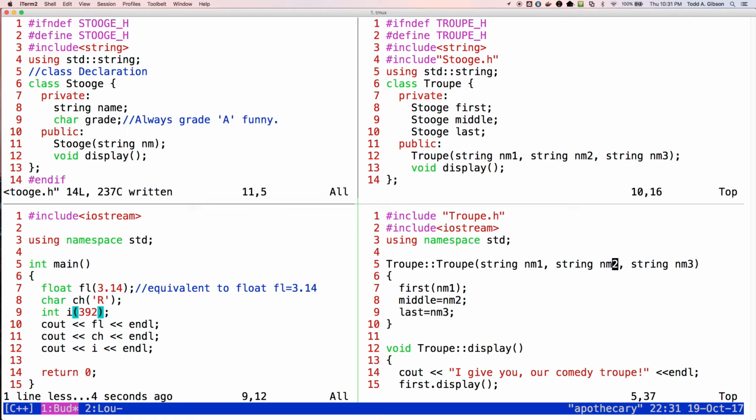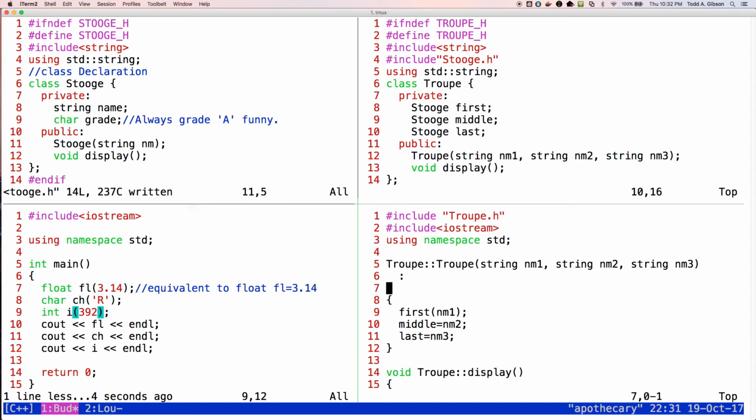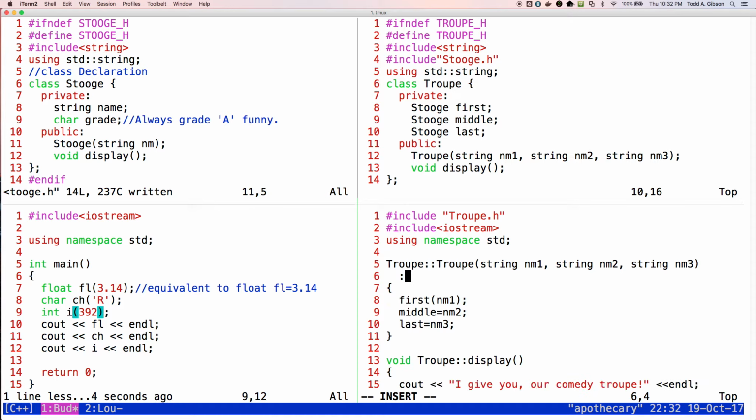And that is the purpose of an initialization list. It is to provide an initial value to a variable as it is being created. And which variables? Specifically the private variables of the class, so these three. So the syntax is you put, after this closing parenthesis and before this open curly brace, a colon. Now just list out the private data. Looking up in the pane right above me, my private data is first, middle, and last. So just list them. First,